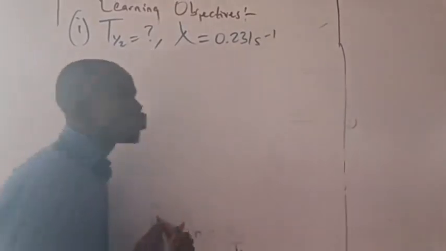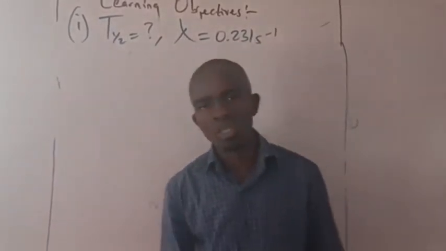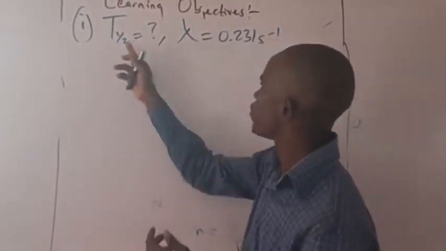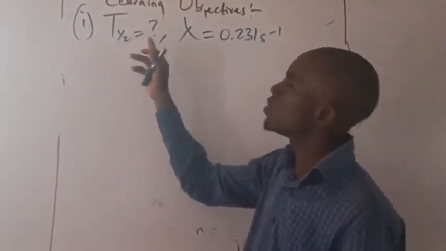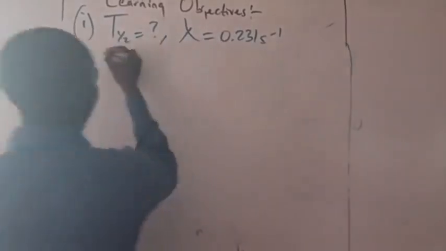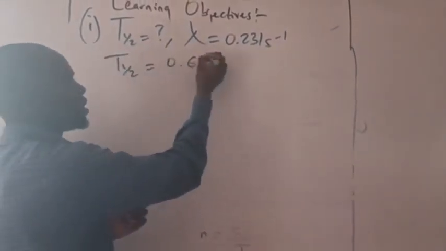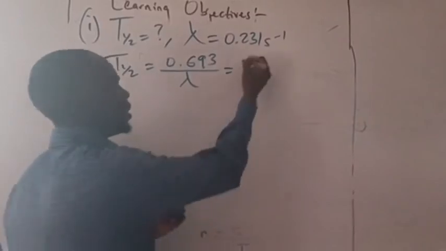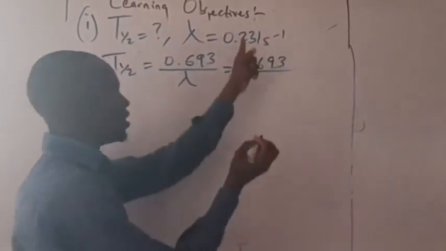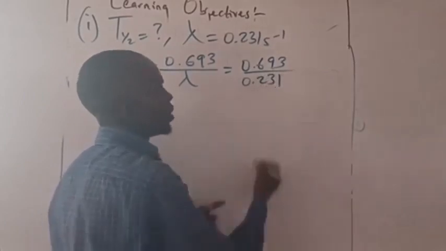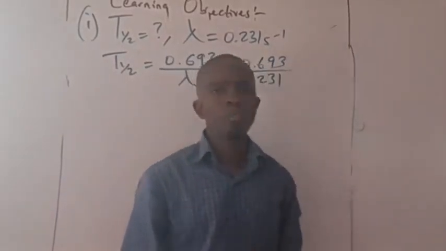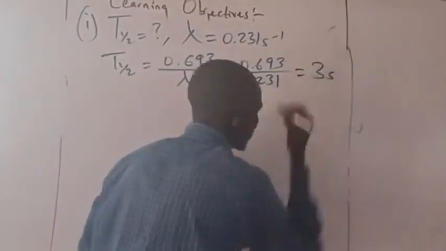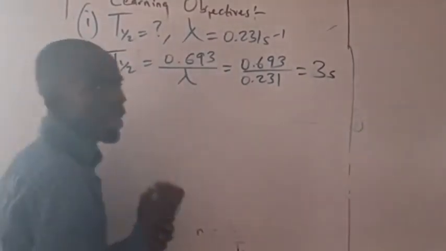0.231 per second. So according to the two formulas given to us, we are going to use the first formula. Why? Because they gave us two entities. So we are going to use the first formula, which says half-life is 0.693 over decay constant. And we know that our decay constant is 0.231. So if we press our calculator, we are going to get 3 as our answer. So we say 3 seconds. We move to example 2.